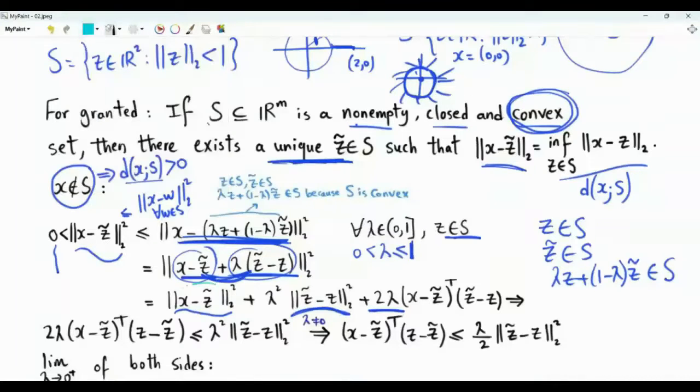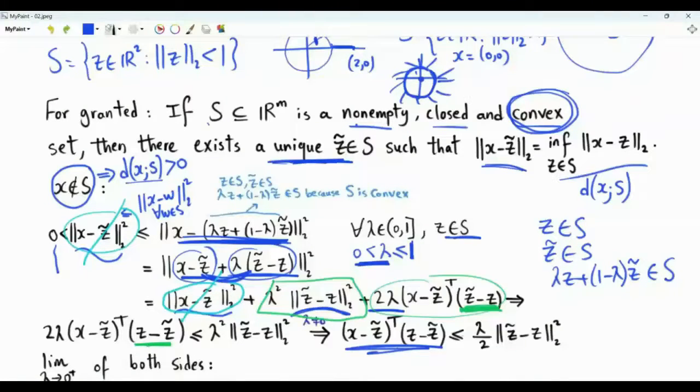You can see that this term is exactly like this term, so they can be cancelled. And then we can move this term to the other side. I used the minus sign to write this as z minus z tilde. This 2 lambda times the inner product is less than or equal to this term here. Because lambda is assumed to be strictly positive, we can divide both sides by 2 lambda. Thus we have x minus z tilde transpose times z minus z tilde. We have this inner product less than or equal to lambda over 2 times this L2 norm squared of z